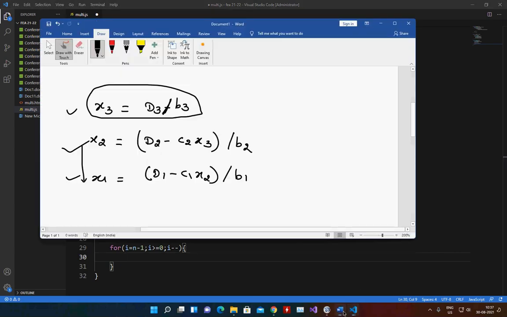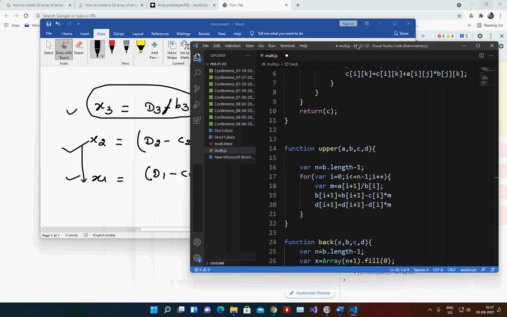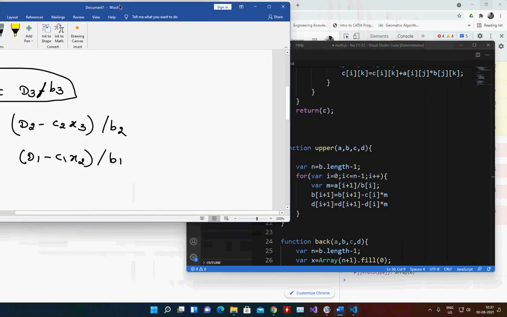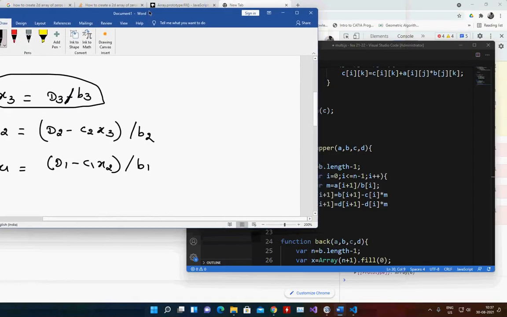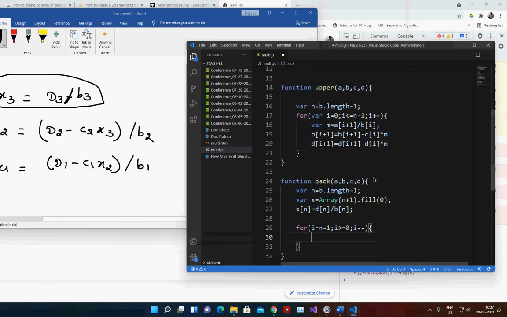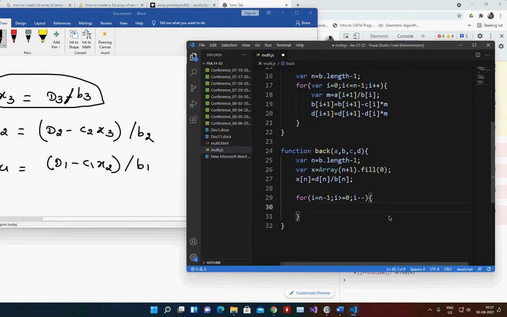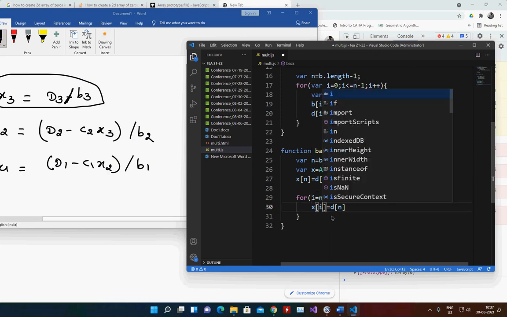And now what is the formula? I have to write d of i. Of course x of i is equal to, not dn, sorry, n is the number of elements.